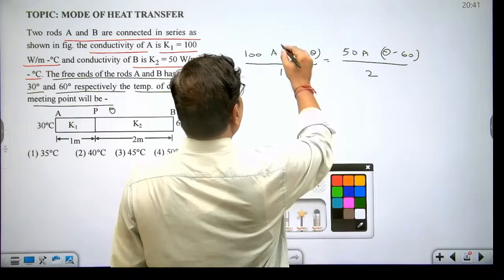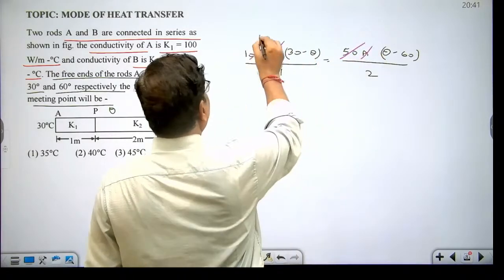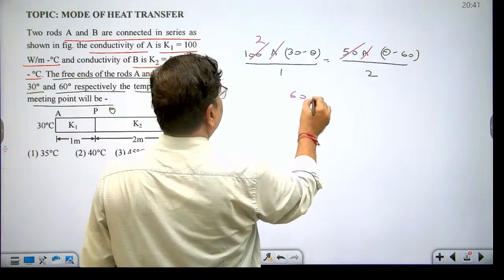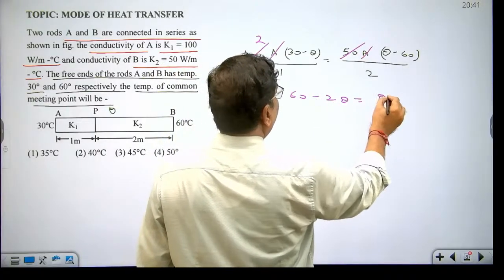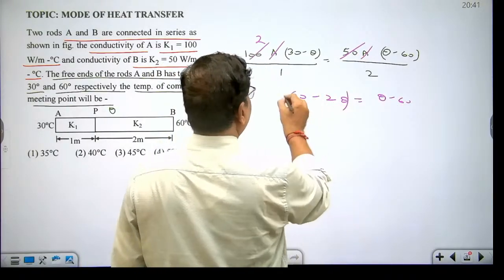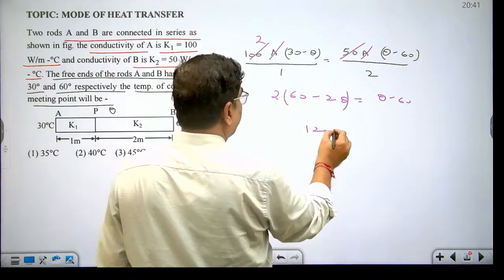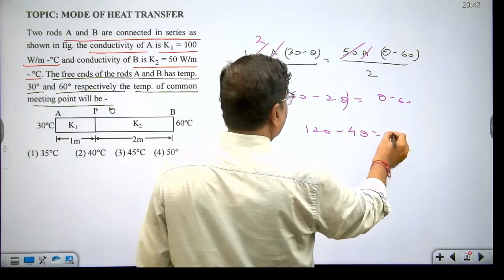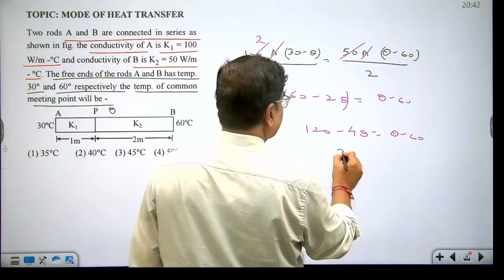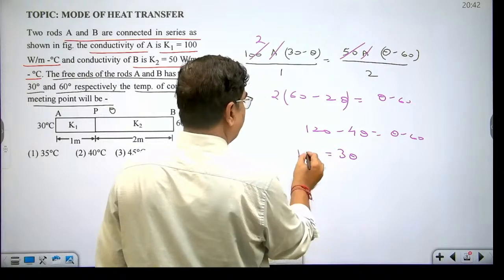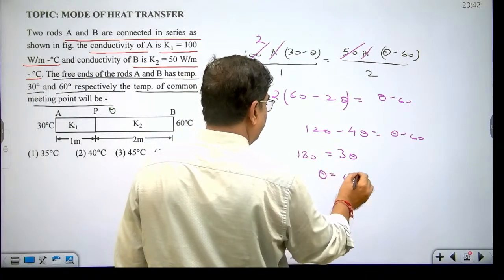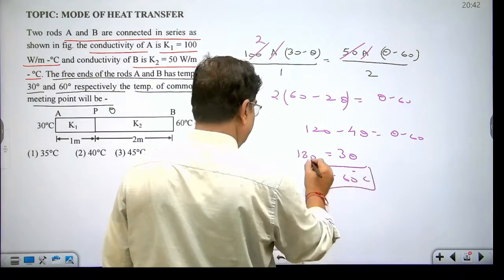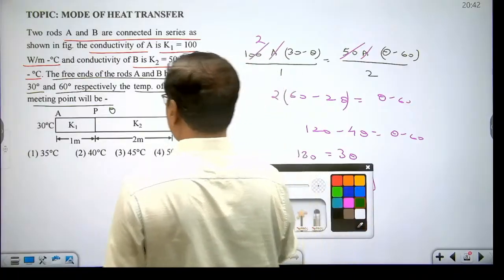After solving the equation, A will get cancelled, 50 will cancel by 2. So 60 minus 2 theta will be equal to theta minus 60 into 2. So this is 120 minus 4 theta, equal to theta minus 60. So 3 theta will be equal to 180. So theta will be equal to 60 degrees centigrade. So out of 4 choices, the correct answer is